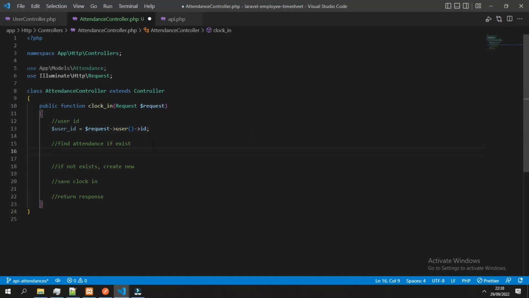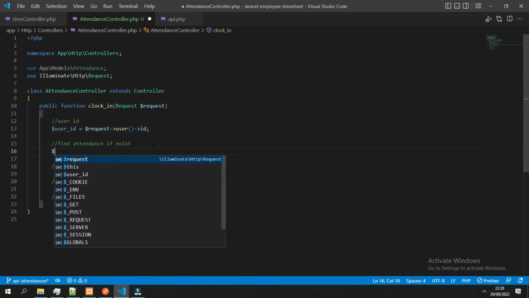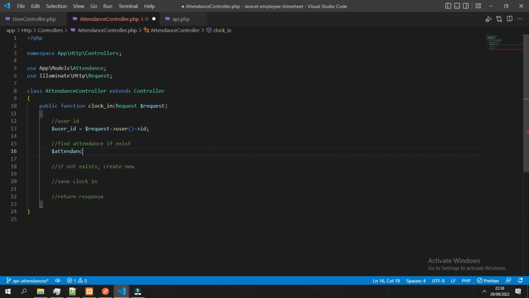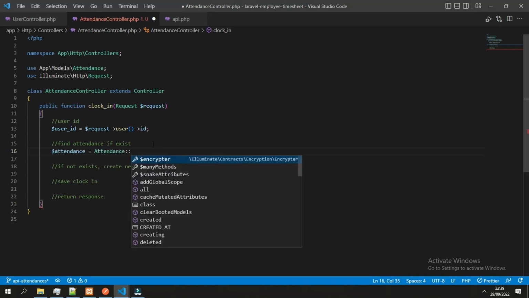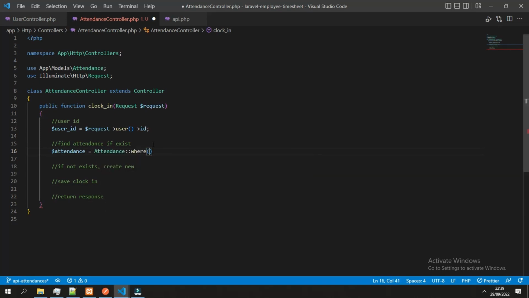Next is find attendance if exists. So attendance, we will use the attendance class where we will use two where clause in here. First, we check the attendance based on the date.